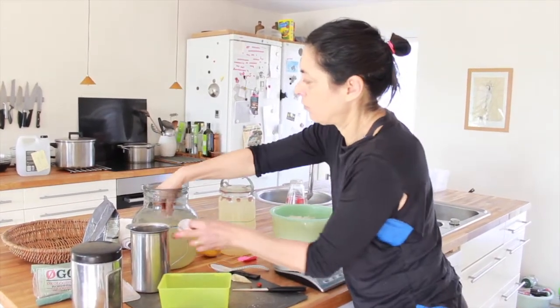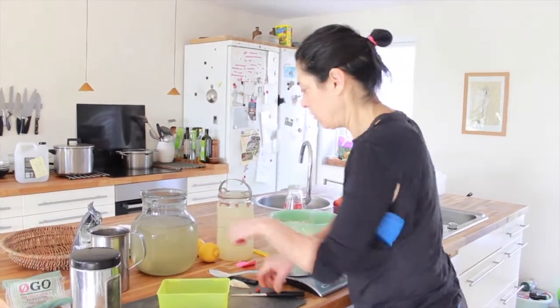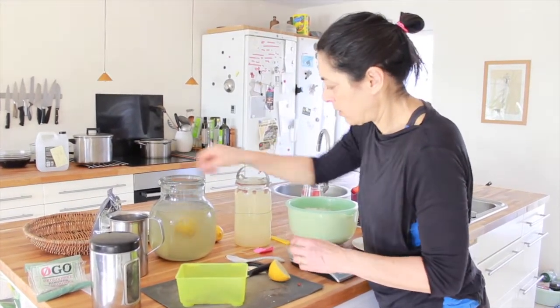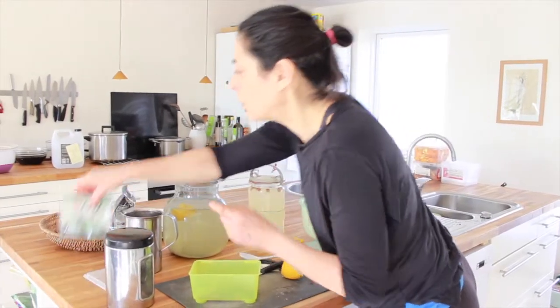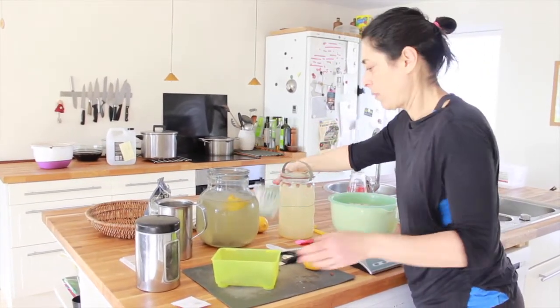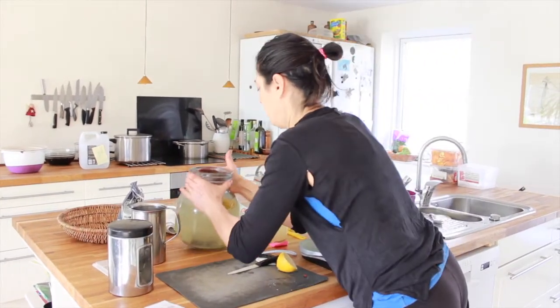Put the eggshells. Put 2. This gives minerals to the drink. Half a lemon is good enough, organic, like this. And I had a bag here of raisins. Any dry fruit is okay, organic. Put a little. Move this away. And now comes